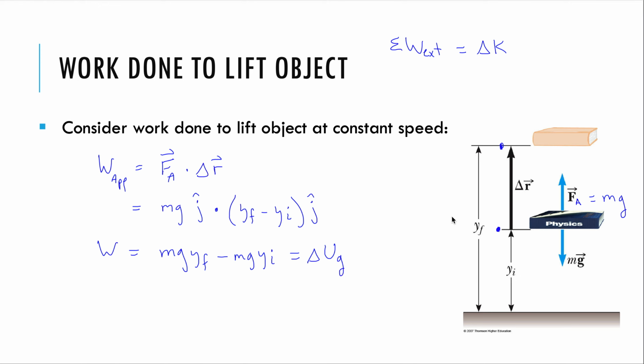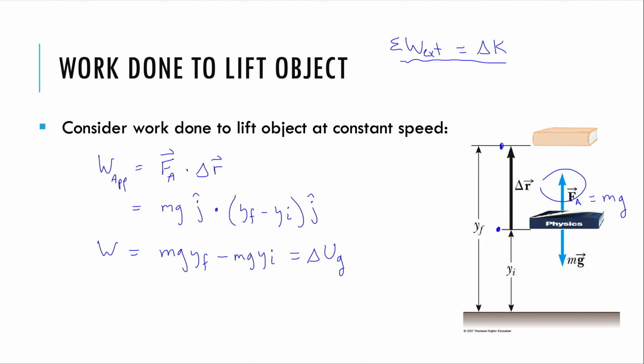So this means that as we lifted the object upward, we gave it gravitational potential energy that it's storing. And it wants to release it and convert it to kinetic energy. We'll see that soon. But we're just saying that we did some work and we changed the potential energy, just like in the previous few videos where we did some work and we changed the kinetic energy. In this case, we did not change the kinetic energy, we just changed the gravitational potential energy by giving the